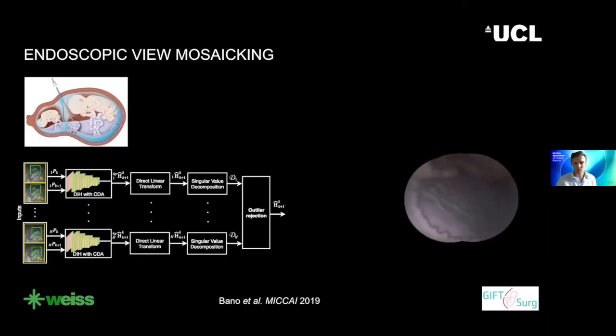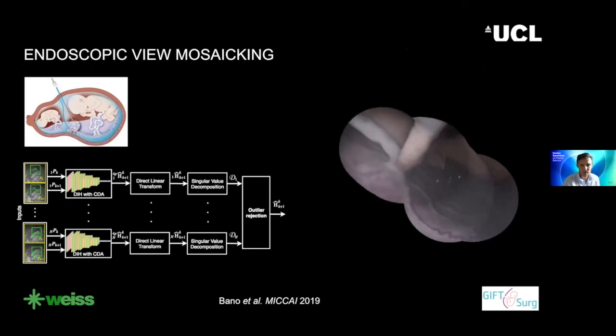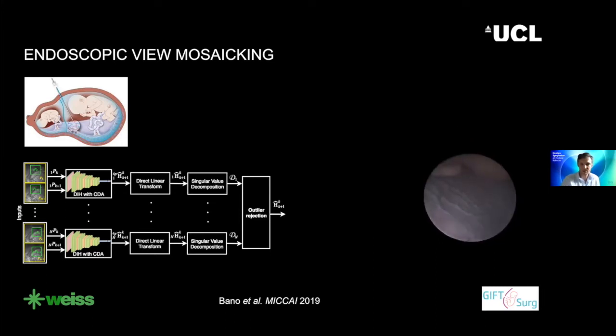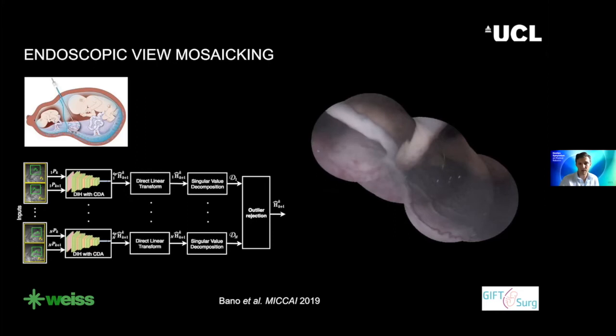So a similar problem, but in a very different application, is estimating the pose of the camera during fetoscopy. In fetoscopy, the objective of the procedure is really to photocoagulate all of the vessels on the placental wall in order to sever blood flow between two twins. And the purpose of estimating camera pose here is to generate mosaics in order to visualize a wide angle view of the placenta and be able to be sure that all vessels have been photocoagulated. So we've been taking a deep learning homography estimation approach to this problem as well. This is some work that one of my colleagues